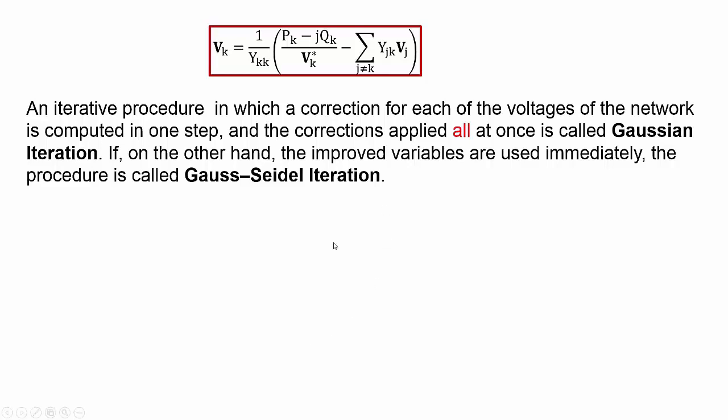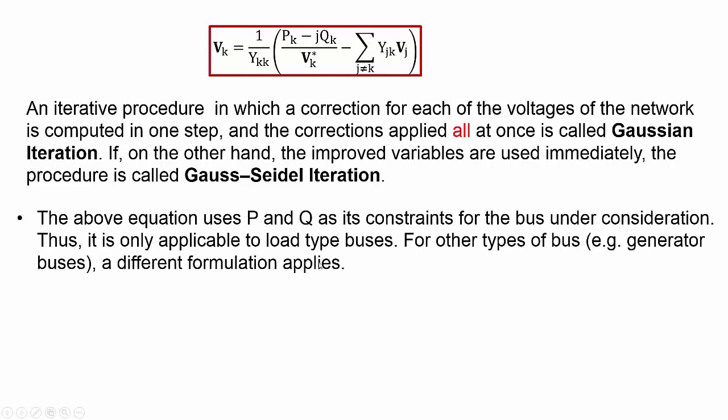I have to point out that this equation we arrived at assuming P and Q are known for a load bus. These are the constraints of the bus. This formulation only works for the load bus. There are other equations for other buses. For example, a generator